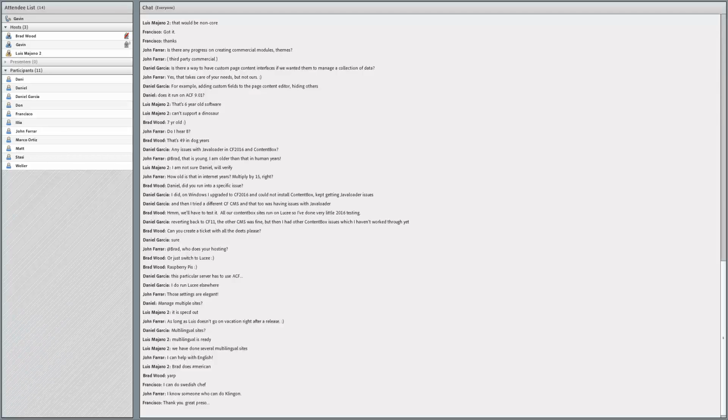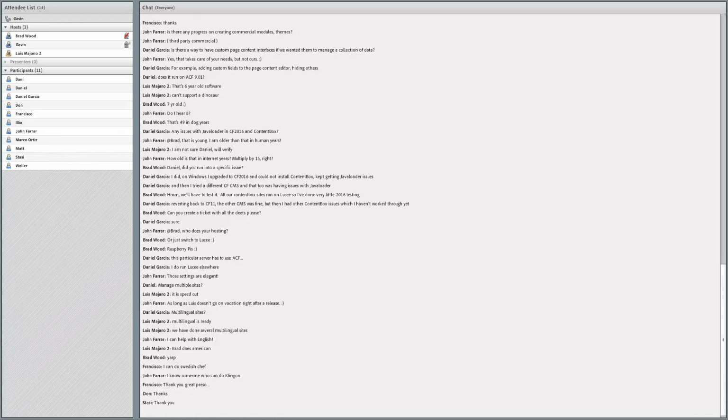So Daniel asked if we can import the database from version 2. Currently, we have a special module created called the ContentBox Updater, and there's some instructions in the GitBook, which I'll show you shortly. But basically, you have to work through a special module to import from version 2 to 3. So once your site's updated,